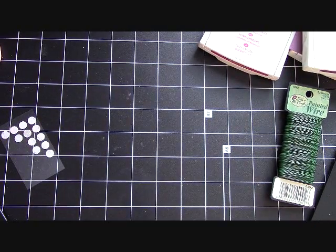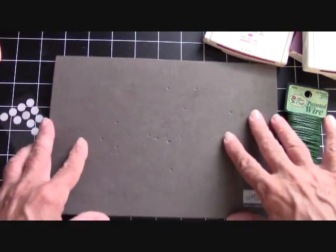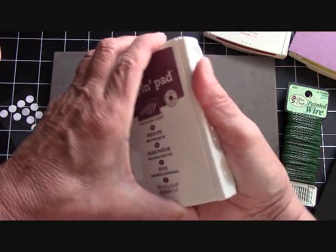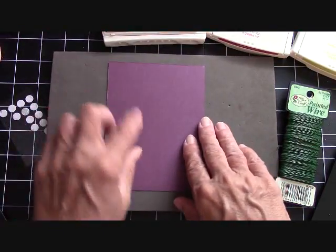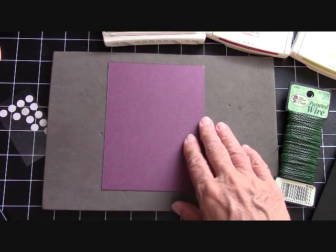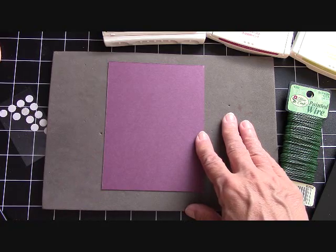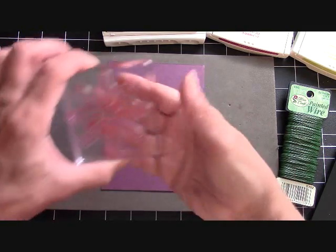So these are photopolymer. So you want to bring in your mat, and I've got my Fresh Fig right here. And we're going to use tone on tone, so I'm going to use my Fresh Fig full strength. I've got a piece of Fresh Fig here, and I had a most fantastic customer, or a viewer, tell me, I can't remember which, but thank you very much,